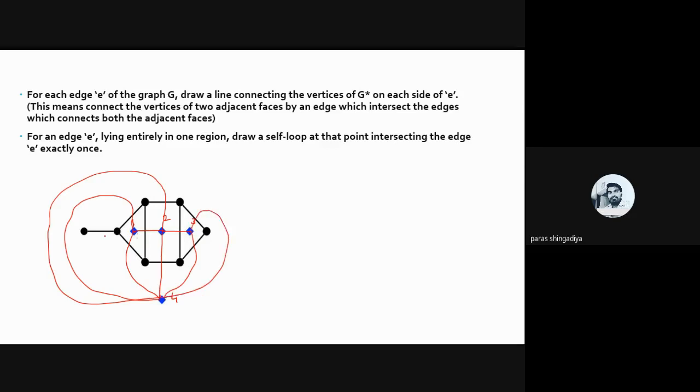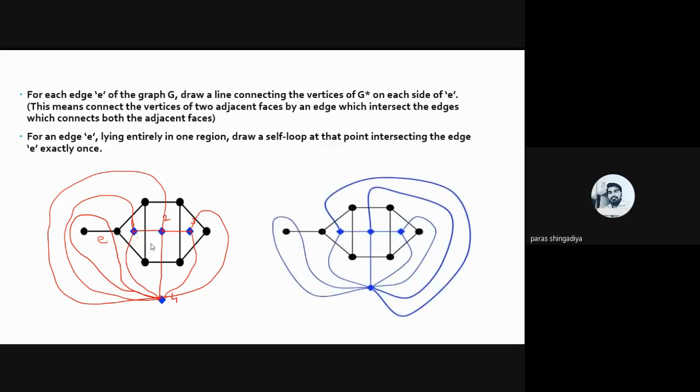Okay, and there is still one edge which is lying entirely in one region, that is the edge e, let us say. So what do we do for that? If any graph contains this type of situation, an edge and vertex lying entirely in one region, then create one self loop from the vertex lying in this region. So create one self loop which crosses this edge e. From here you have to create a self loop which crosses the edge e, and you consider the loop from 4 to 4. Okay, so that is one dual graph of G, the G star.